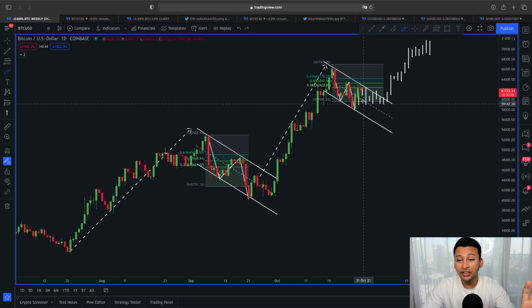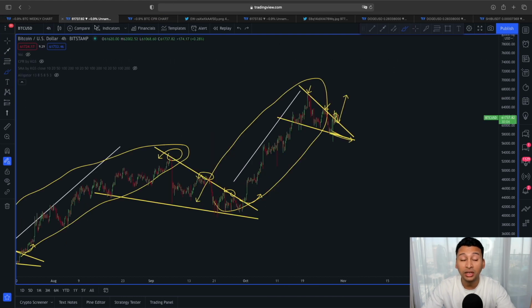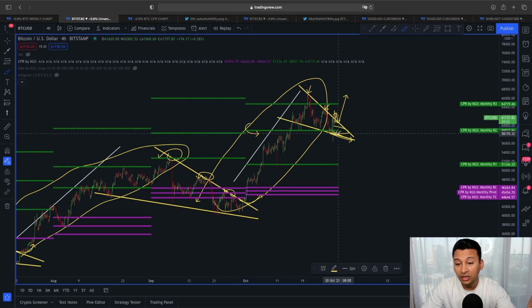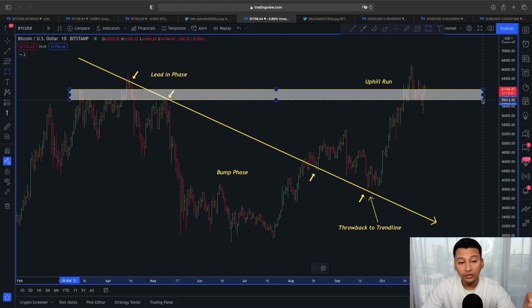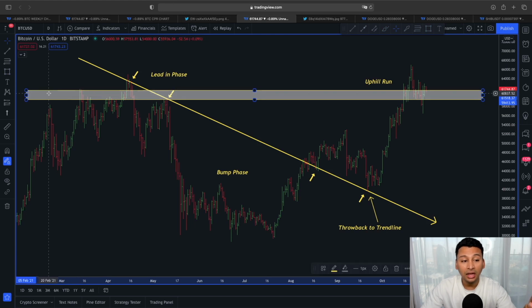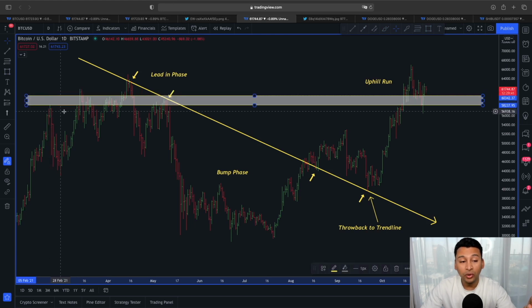And if we do see any sort of a bigger pullback in Bitcoin price action, we are aware of this 58,000 price range around the lower line area of this falling wedge, also the CPR line, the monthly R2 line, as you can see here, which is also lying around 58,000. And not just that, also the previous high area between 58 to 59,000. These lines are definitely going to be extremely important support lines for Bitcoin, lying around 58 to 59,000 here in the immediate short term.